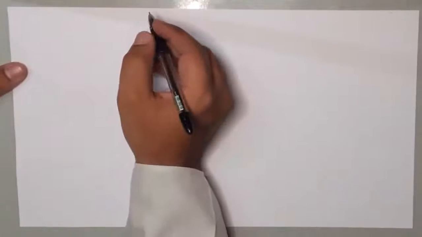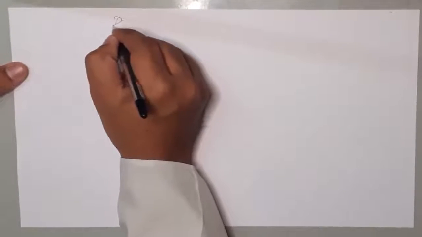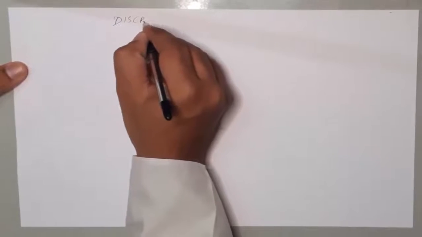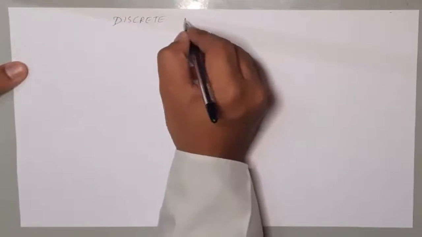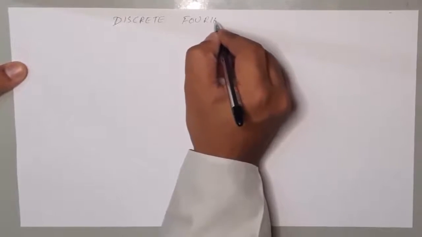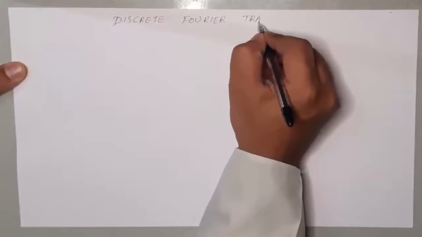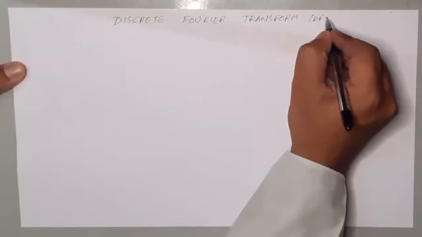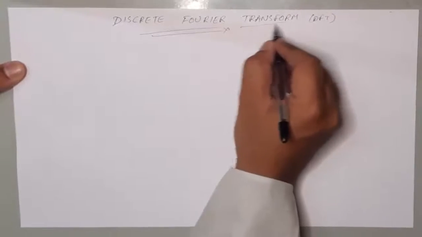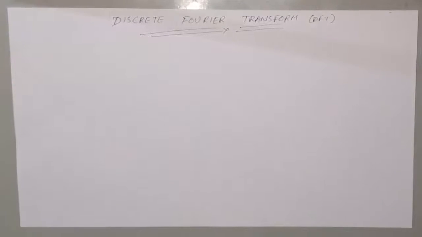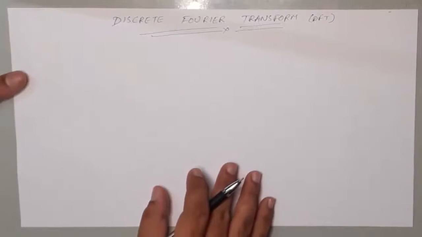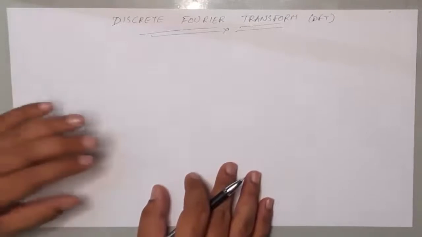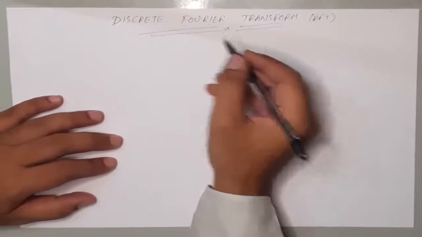Welcome. In today's lecture, I am going to cover the topic discrete Fourier transformation, abbreviated as DFT. DFT is used for converting analog signal into discrete signal. So the DFT of a signal x of n is given by